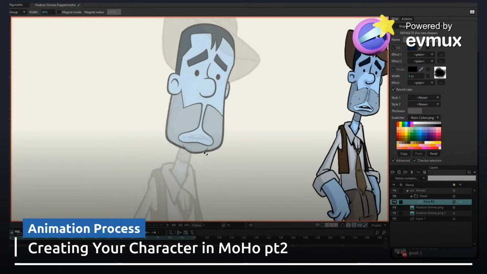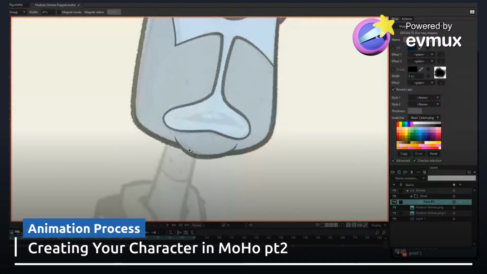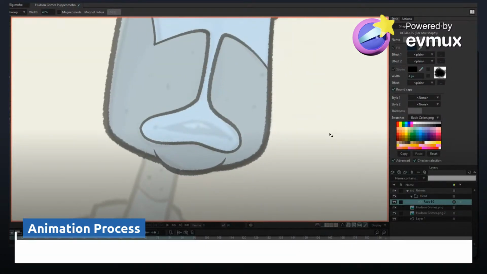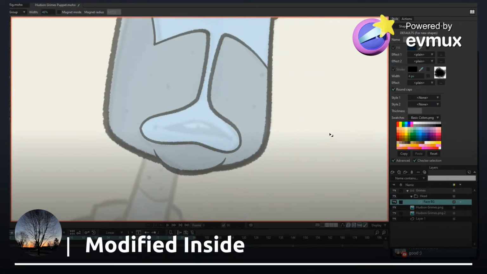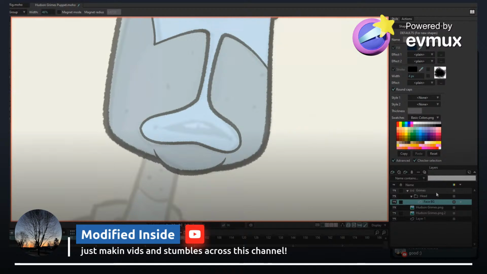Now the mouth. The mouth is tricky. Well, it may seem tricky. So for the mouth, I'm still going to do this on the same face background. A lot of people do it on different layers. That might be a better way to do it. I don't know yet. But the characters I've done, I've always done it just on the same background.